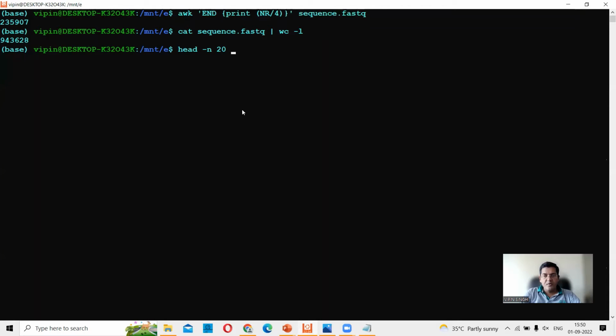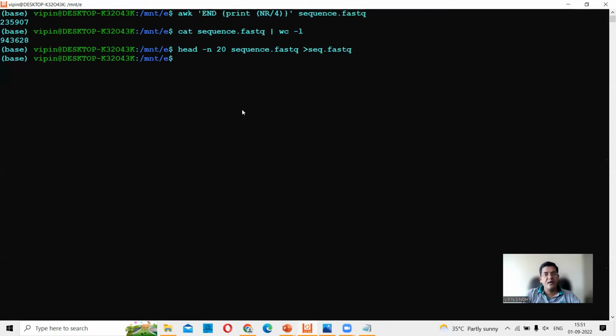Because we know that one sequence data set is represented by 4 lines, and 20 would include 5 sequence data sets, which will be manageable even manually. So we take 20 lines, and then we give the main file name, which is sequence.fastq, and we write it into a new file by using the greater than sign and giving the file name